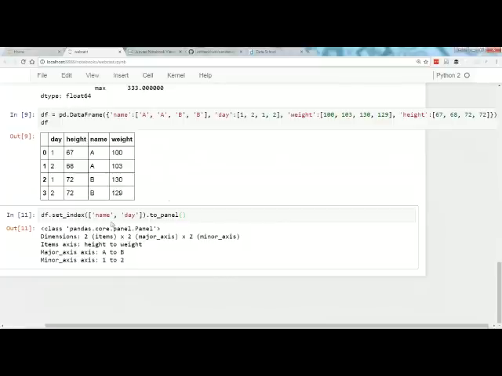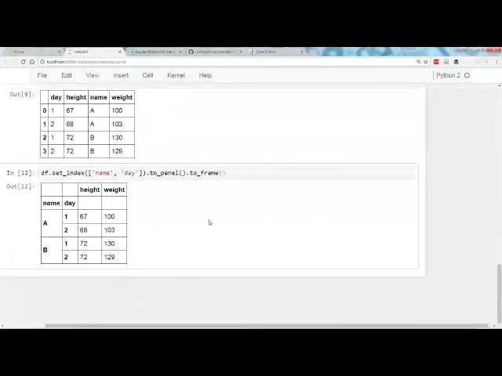But it's three dimensions, so that's why it's called three-dimensional data. It's got an items axis, a major axis, and a minor axis. To get from a panel back to a data frame, you use this toFrame method. It's really just representing the same things as this hierarchically indexed data frame, but in a different way.